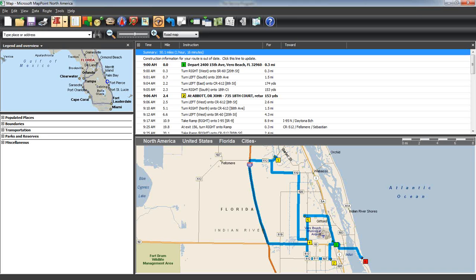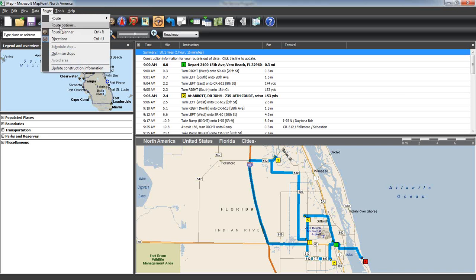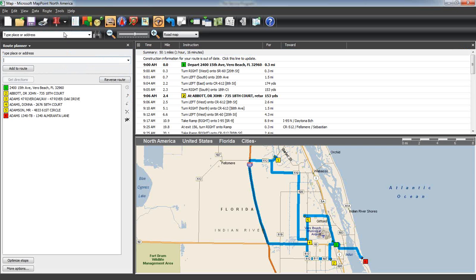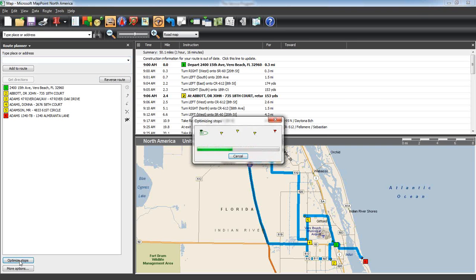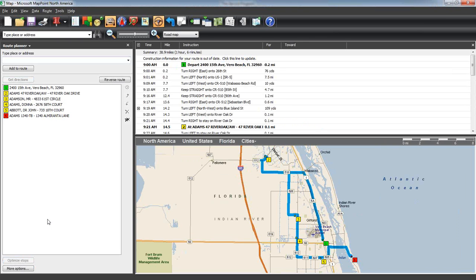What I can now do is bring up my route planner by hitting Route Planner. In the lower left-hand corner, I could then hit Optimize Stops. What MapPoint has done is taken just about 12 miles off my route and has reordered everything for me, and it's now saying it's about an hour, give or take, 6 minutes or so of driving. Not the biggest optimization, but